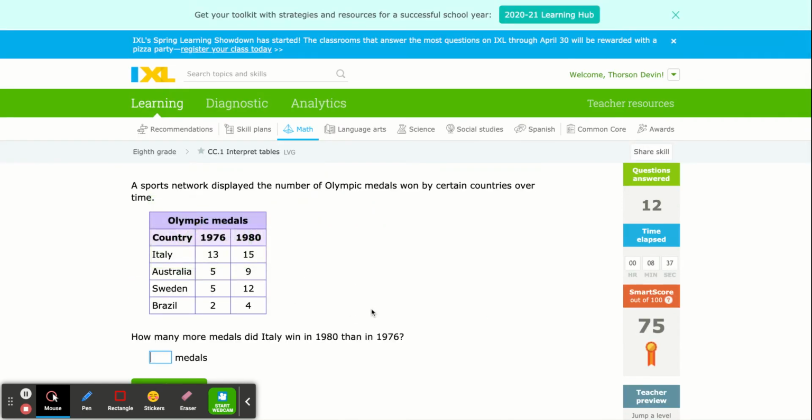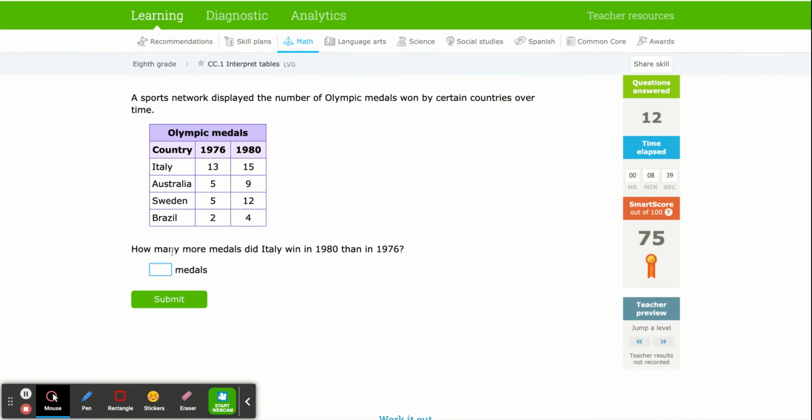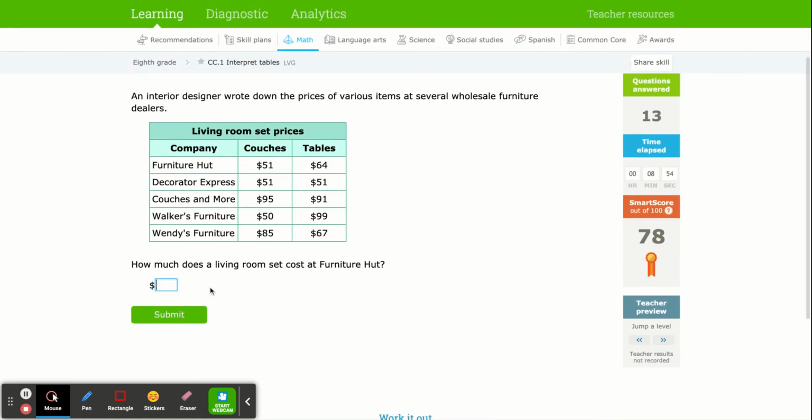So again, very important to read the question carefully. How many more medals did Italy win in 1980 than in 1976? So I've got to find 1980, 1976, Italy. I don't care about the other one, so just 15 minus 13 is 2. Some are easy, some will be a little bit more. Yes, read carefully. How much does a living room set cost? So we're doing the living room set. We're going to have to do both. How much does a living room set cost at Furniture Hut? I find Furniture Hut and I add those two together and get 115. That's how much a furniture set costs at